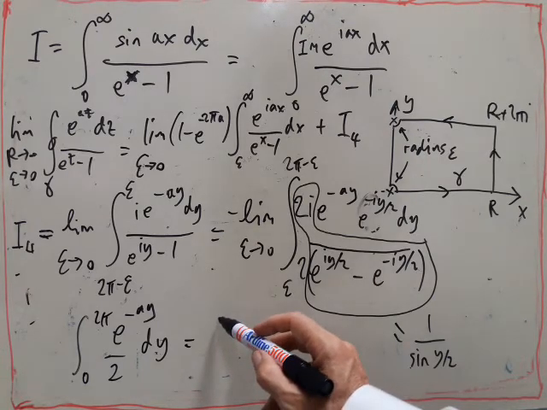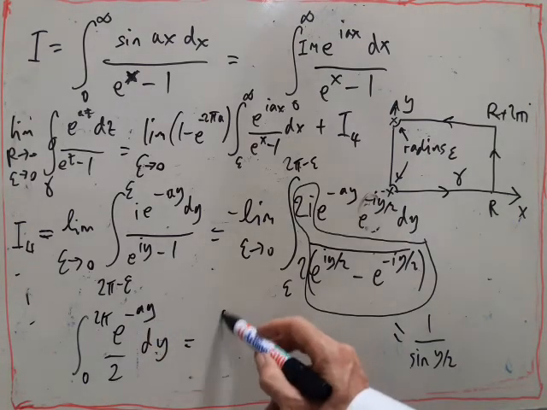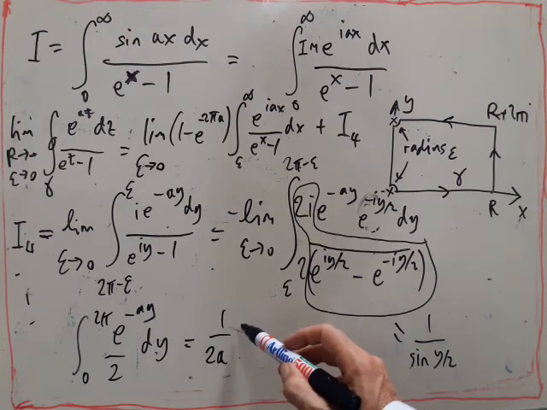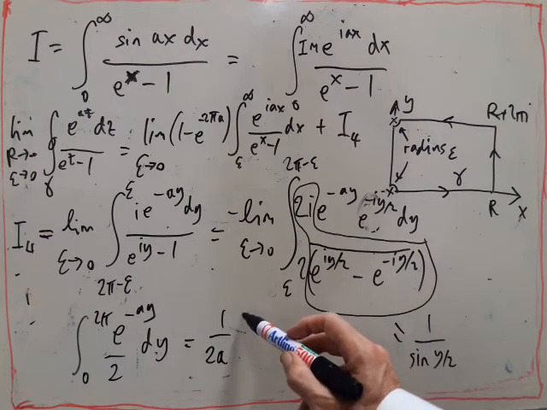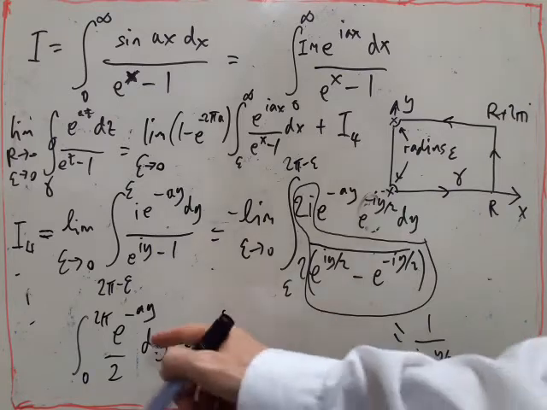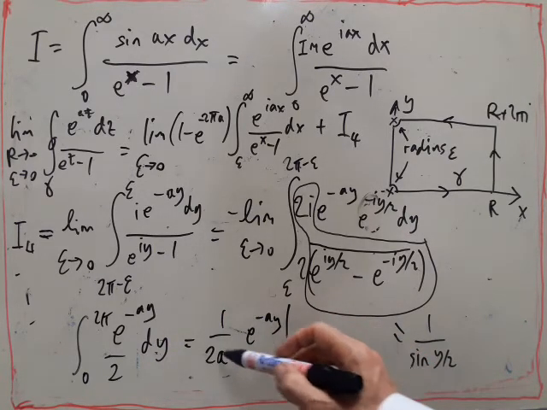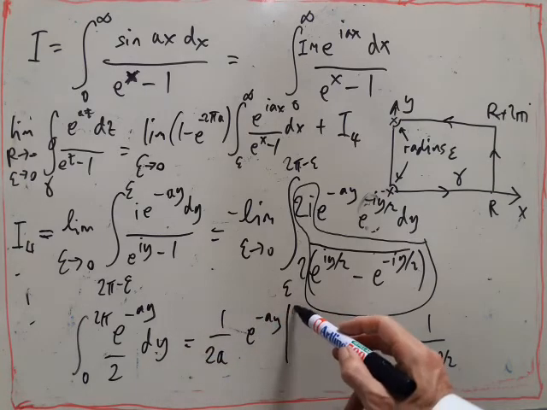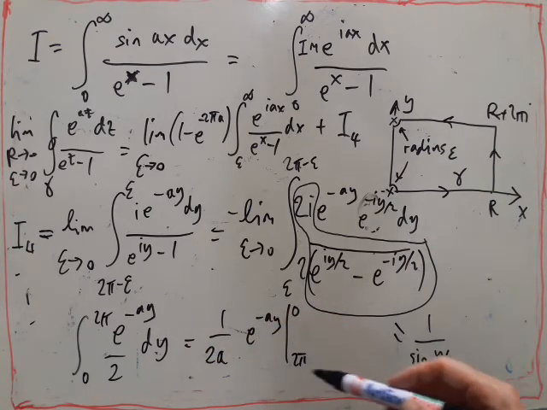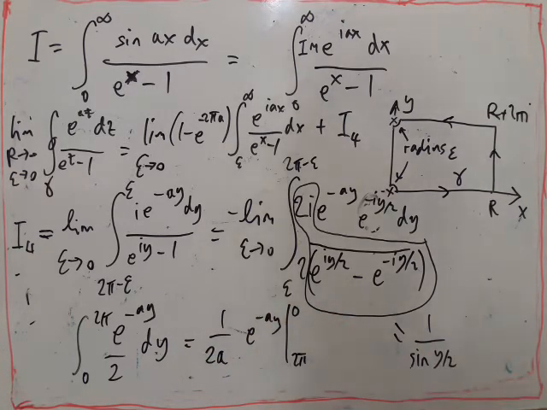Integrating this gives me 1 over 2a, the integral of e to the minus ay evaluated with a minus sign. So I use that to swap the limits, 0 to 2 pi, and I end up with